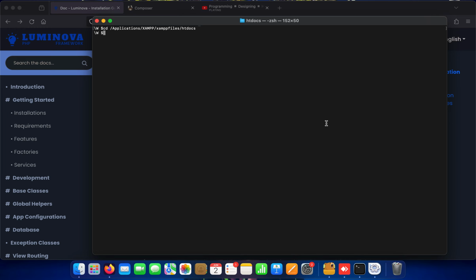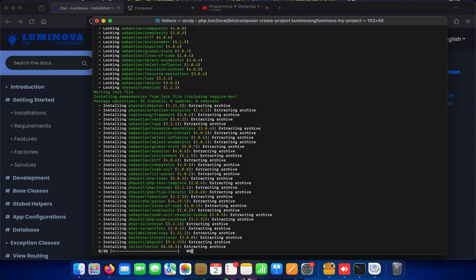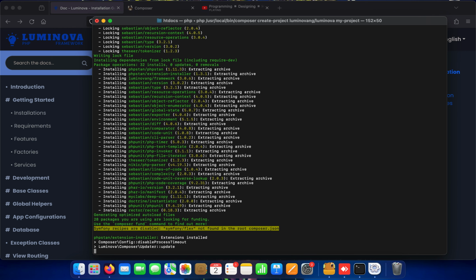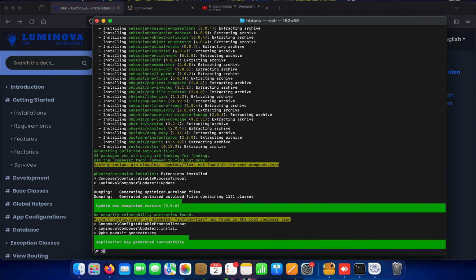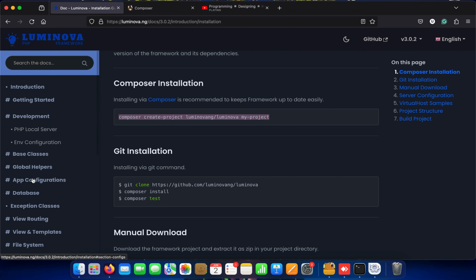So we paste our installation command and hit enter, and we wait for the installation to complete. Okay, once the installation is completed, our application key has been generated. The next thing we need to do is to start our server. So in order to start our server, we need to go to the documentation and see how we can start our server. So we go back to development,